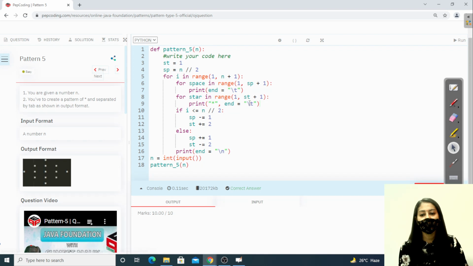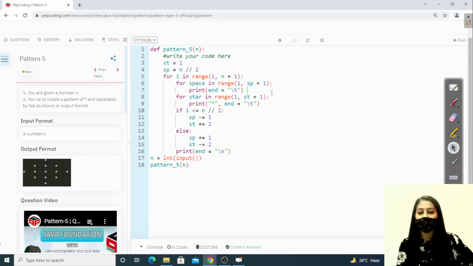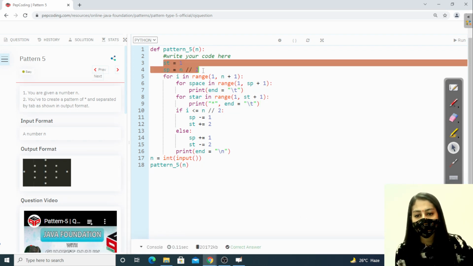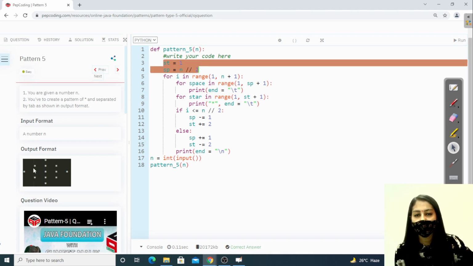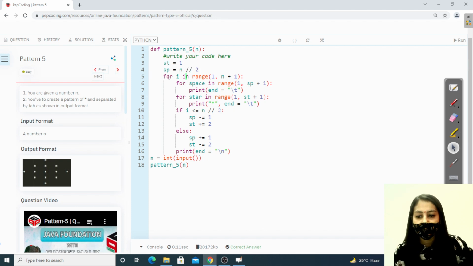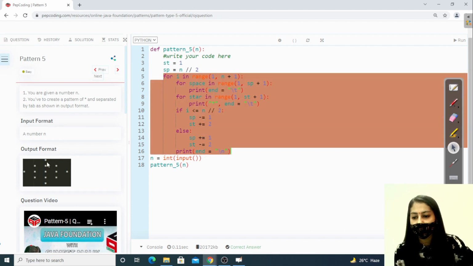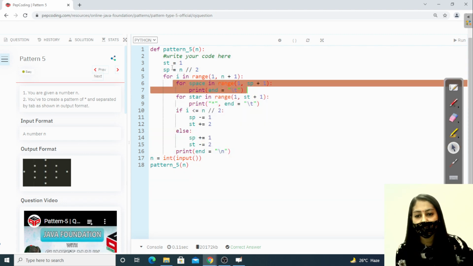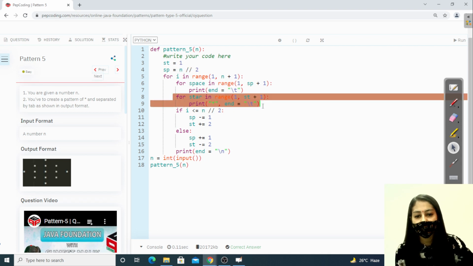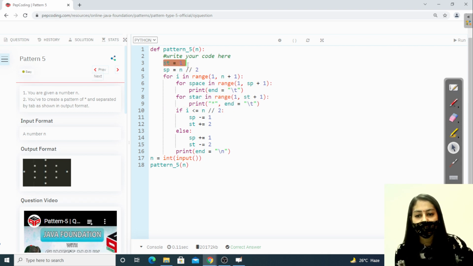So our code gets submitted, right? So again what are we doing? We are controlling these two variables, right? Firstly we have to decide what values of stars and spaces we are starting from in this pattern, right? So we have to observe the first row of the pattern. Next we are iterating row to row. In each row we are printing the spaces as specified by our space variable. Next we are printing the stars as specified by our star variable.